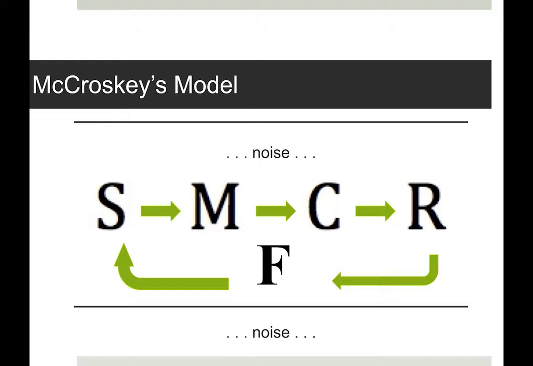We also have noise in this channel. Noise is considered anything that interferes with the message. That can be external noise, the rattle, the crinkle, my chair squeaking, or it could be the internal noise, the psychological noise. You're thinking about other things, getting confused, daydreaming, tiredness. So that adds some complexity to all of this. And according to McCroskey, it adds a lot of complexity because he says there is noise in each of these, in the source, in the message, in the channel, and the receiver, as well as the feedback. So noise is everywhere. There's something that can interfere with the message.